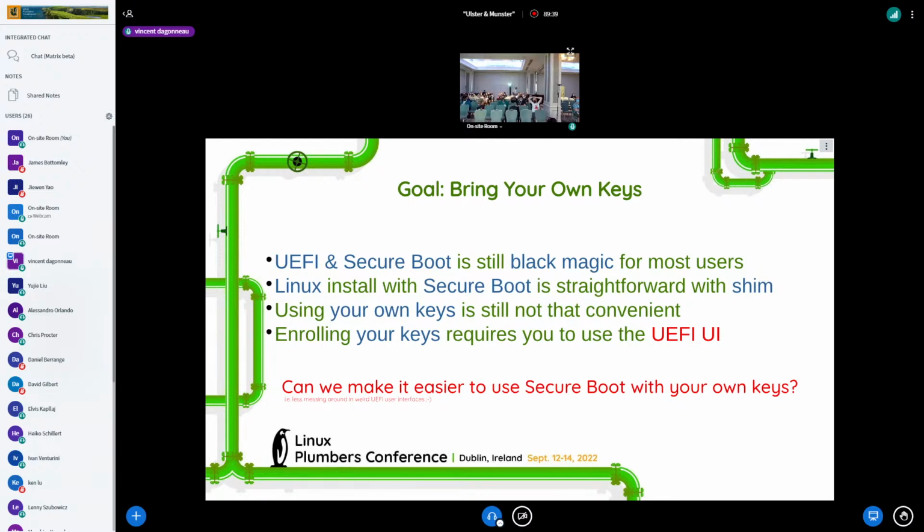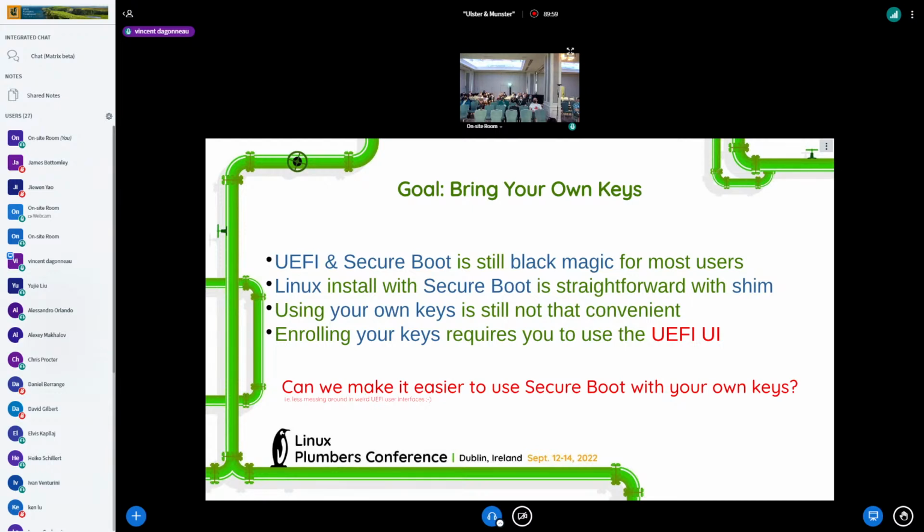Kind of like what you would do with SELinux: if you ask a lot of people, it's too much of a worry, so let's just deactivate it. Now, I don't want to say that Linux with Secure Boot is not good, because it's